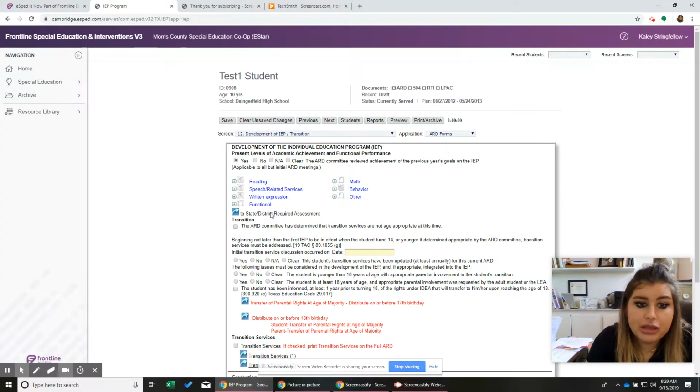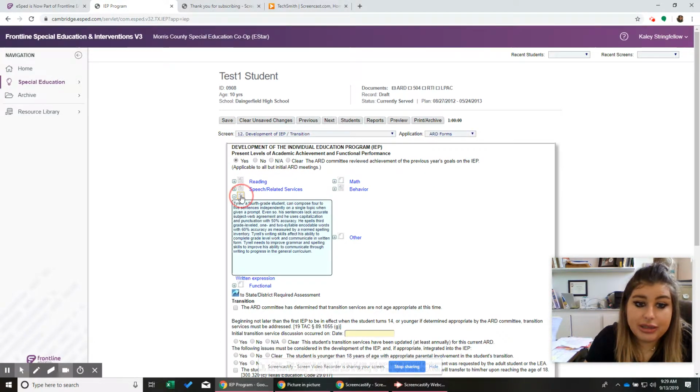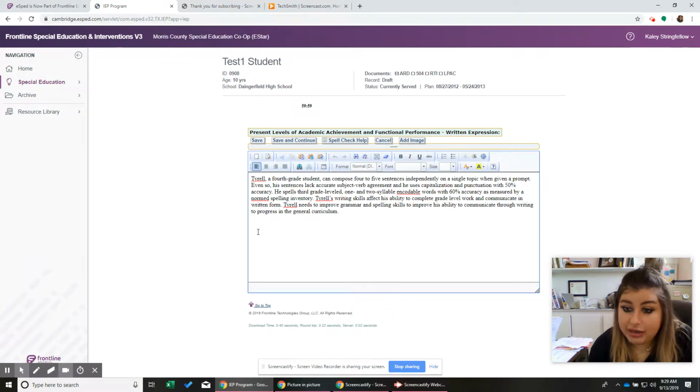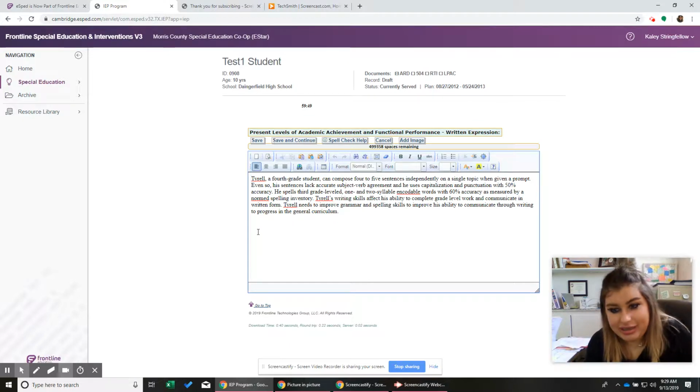Okay. So the next one is written expression, and here's another great example for a present level on writing. I say they're great because TEA actually wrote these, so gold standard, I would say. So we need to model that, or imitate it as much as we can. So it's just a different student name. I mean, these are fake names.